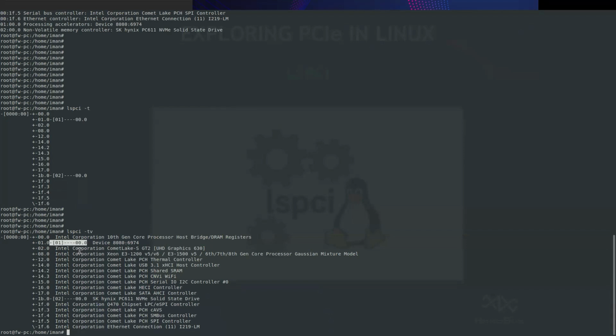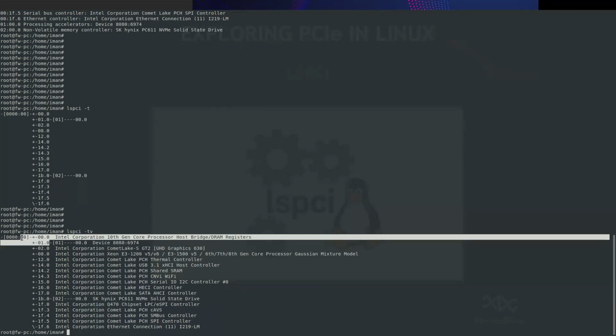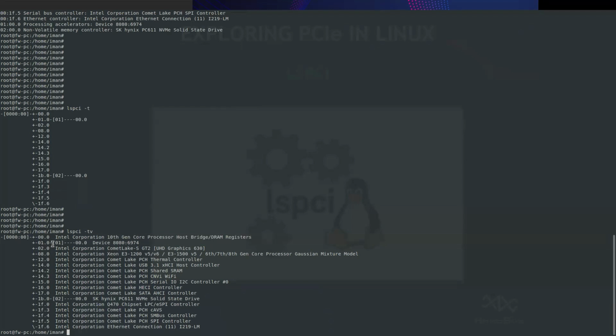In my system, in my PC, to show any PCIe slot, software actually shows that slot as a virtual bus. So for example, here I have bus 0, device 1, function 0, and this is my PCIe slot. And then it connects to a real device.